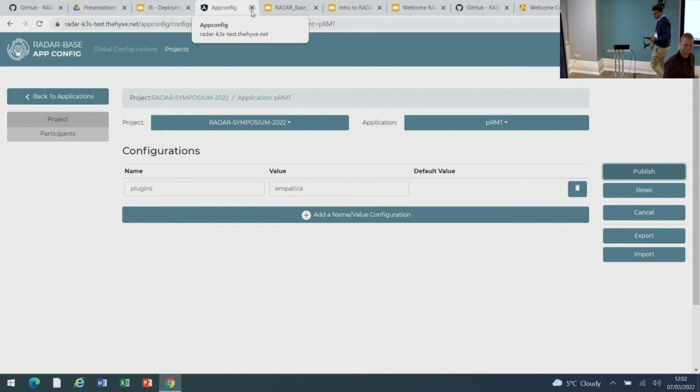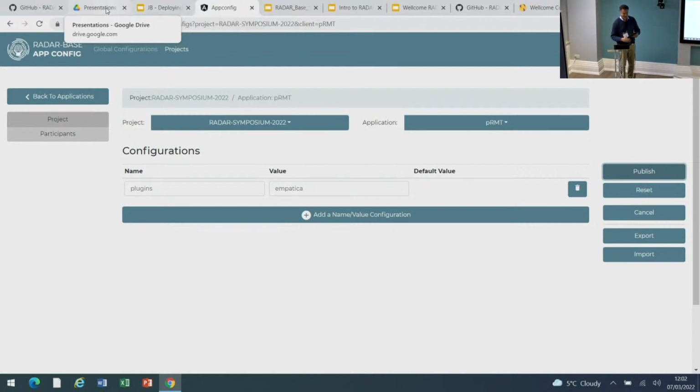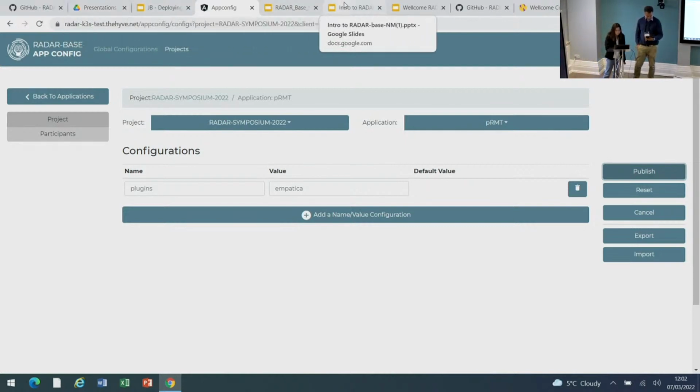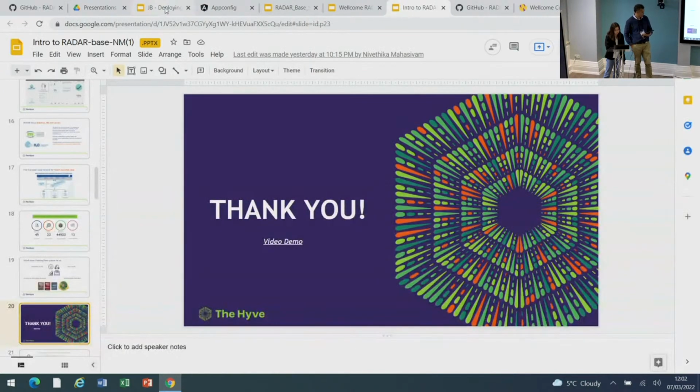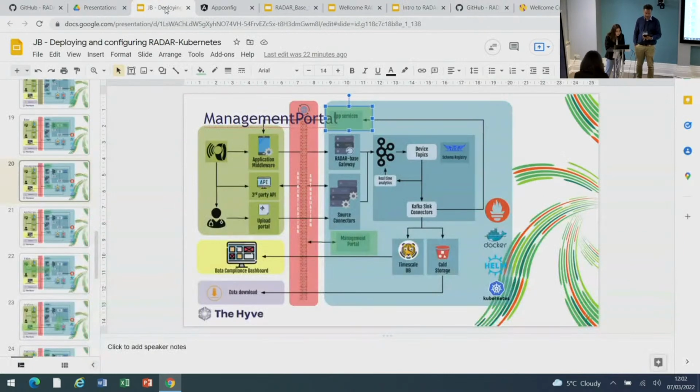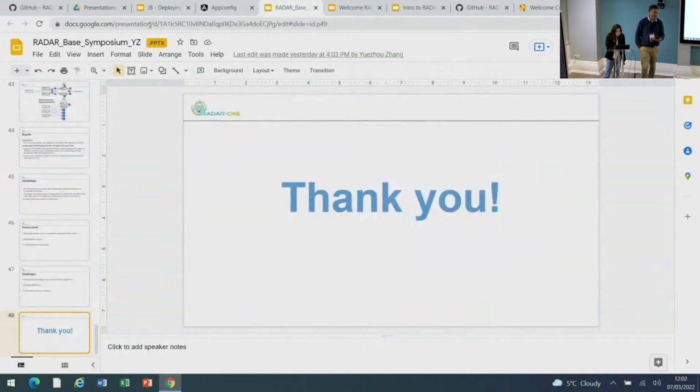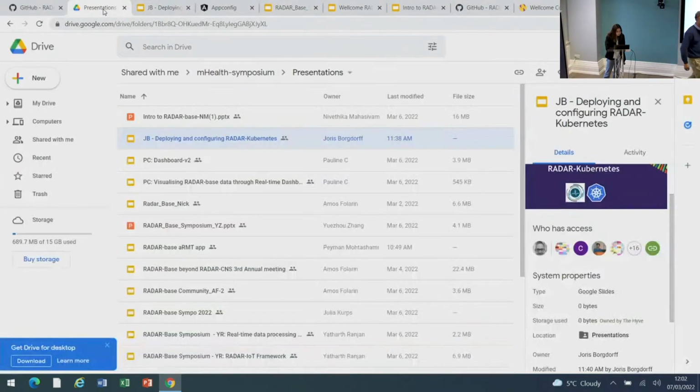So our next speaker is Pauline. She's a computer scientist from UCL, working at King's College London in the Pilot Lab group. Her responsibilities are mostly around developments of